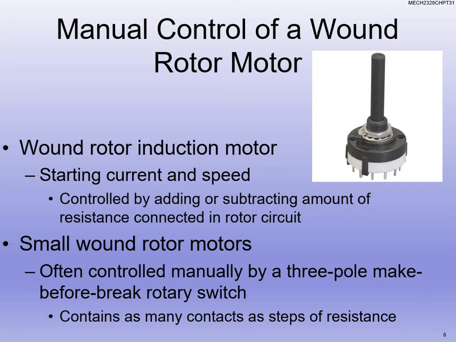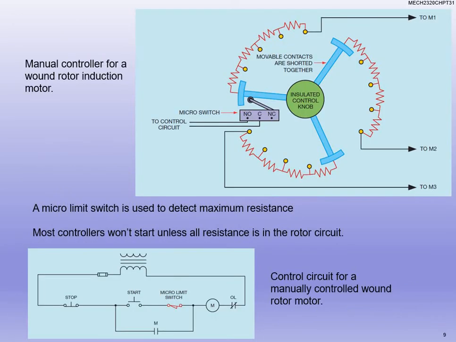Okay, so we'll look at a schematic here, but say we want 4 steps of resistance. We're going to have a contact for all 4 of those different resistance values. Okay, so if we take a look, here's kind of the schematic of what's going on with that. So we can see that all the resistance is varied, right, based on the M1, M2, and M3 connections here,